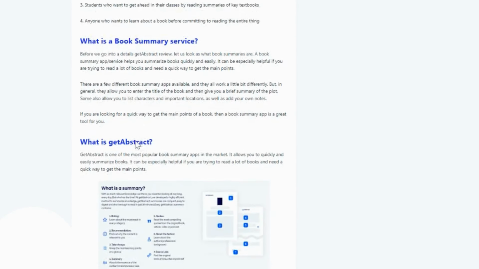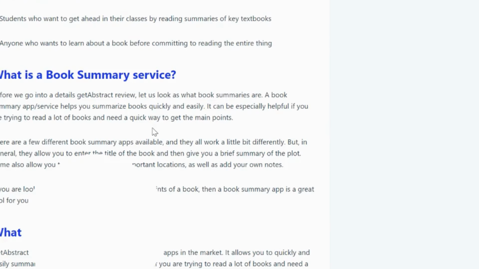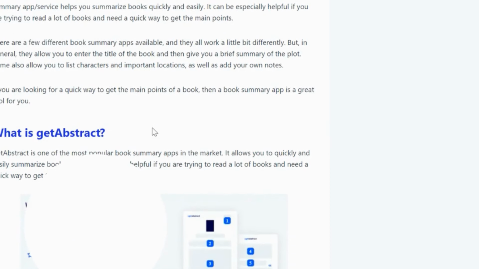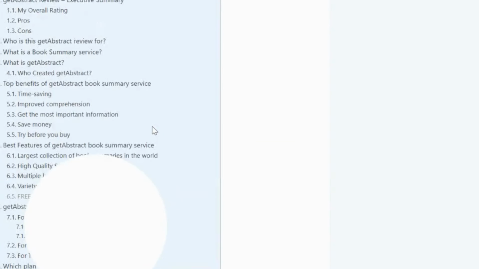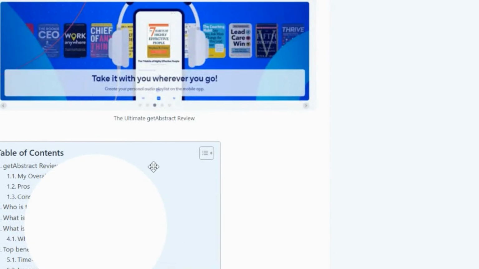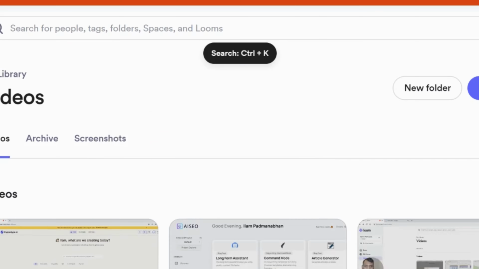And just if you haven't been exposed to this topic, all a book summary does is, as I said, condense a book into a 10 to 12 minute format. And there are multiple products out there in the market. getAbstract is one of the most popular ones. And my own personal story with getAbstract: